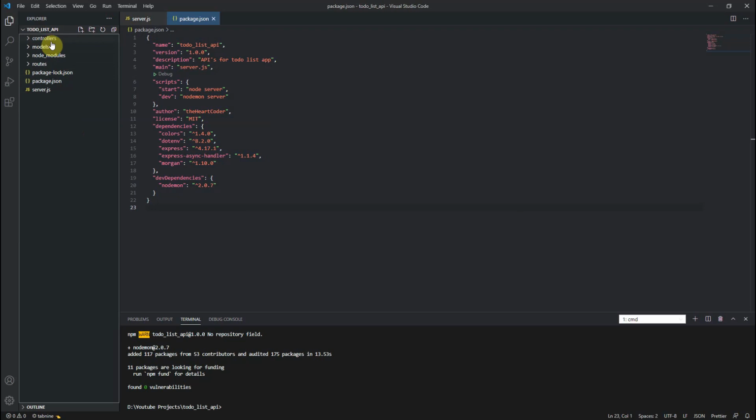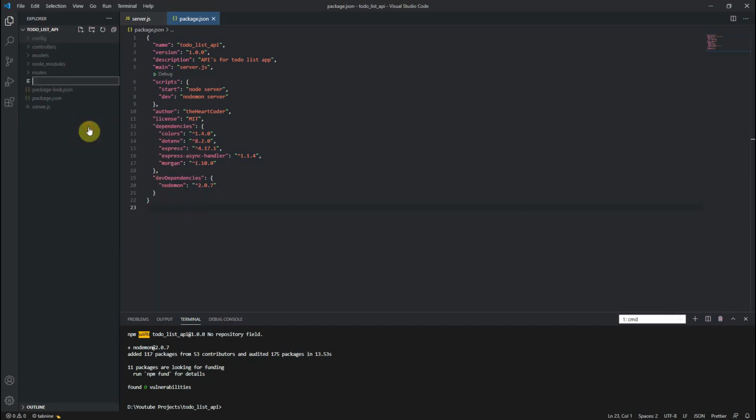Another folder we need to create is config. In this config folder, we will put our configuration files, like database configuration and all those things.